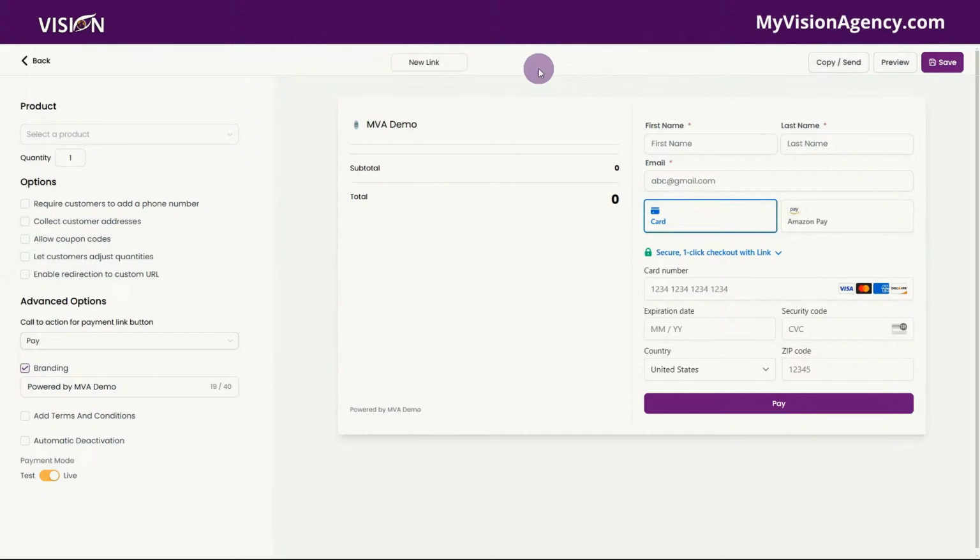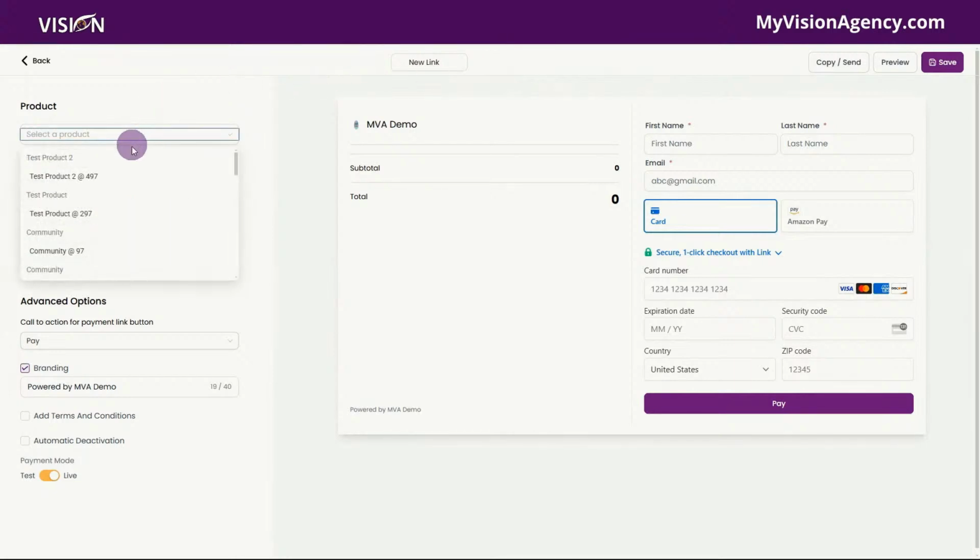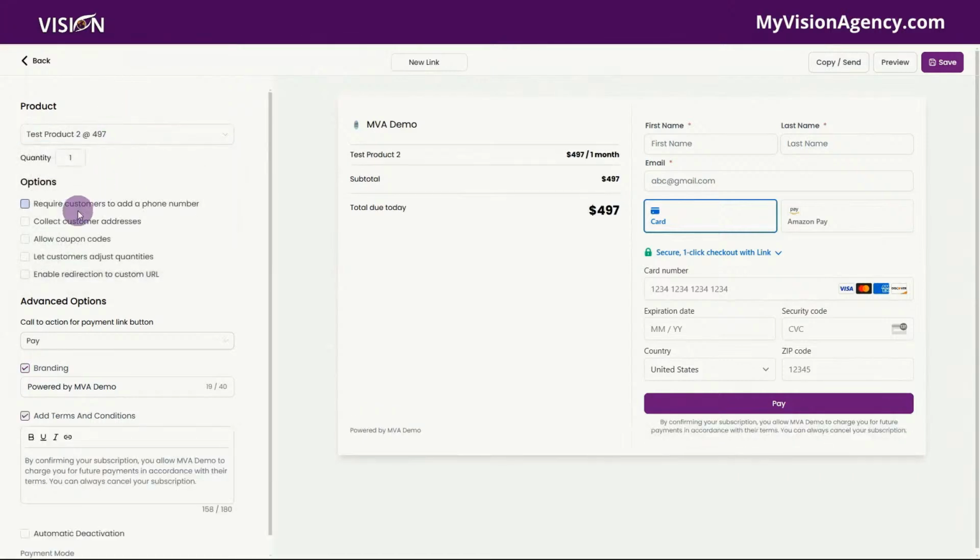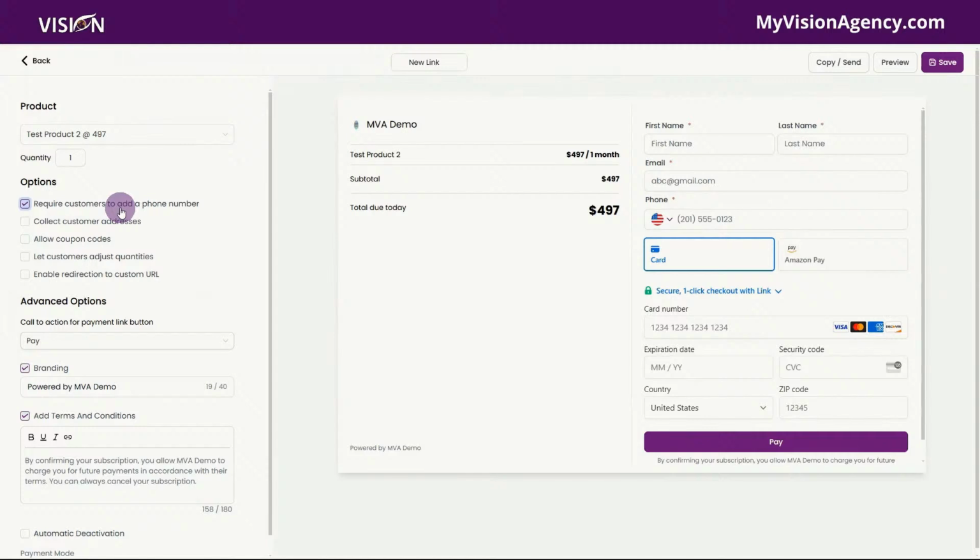Once you create the payment link, it's really easy to just share that with the customer. But we need to initially create it. So I'm going to choose the test product that we just created. And you can see here that you can add the customer's phone number. You can require that. If you're sending any type of text messages, of course, you need to have their phone